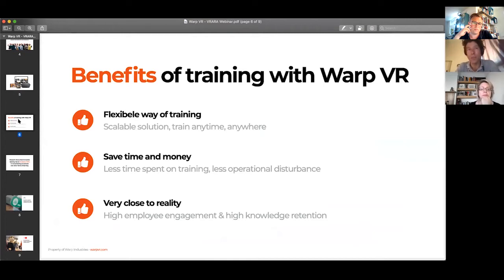Very different from some of the other forms of training. For instance, with an evacuation training in VR, you can train that evacuation anytime, anywhere, even while you're not in the building. You can even train at home, while in other solutions, you can only train at that specific moment at that specific location. So it makes it a very flexible way of training.